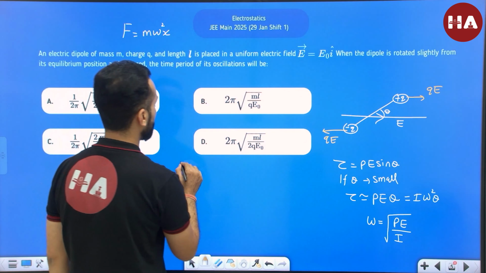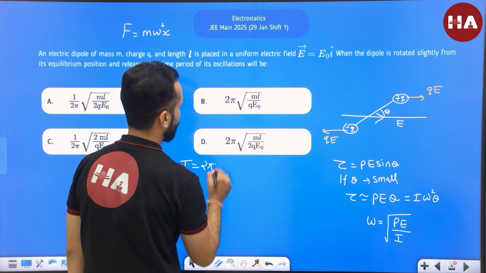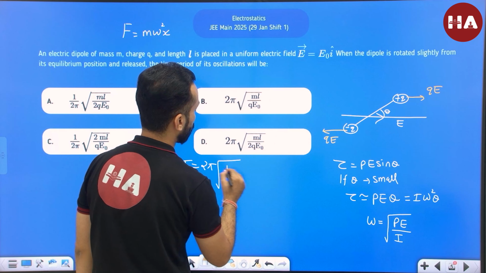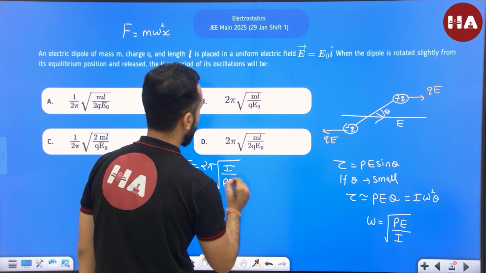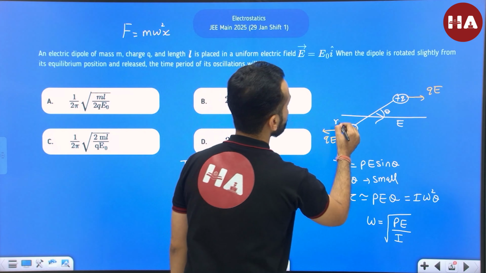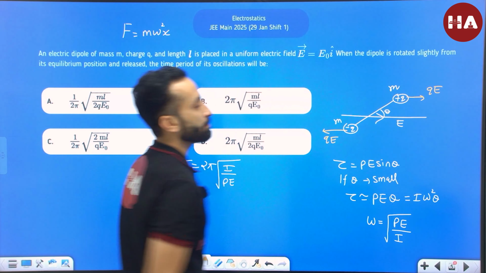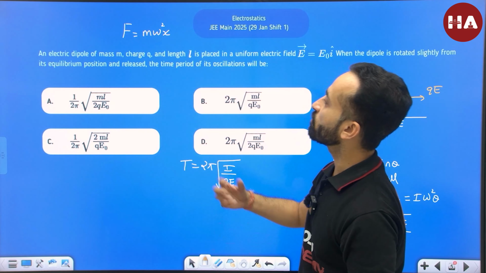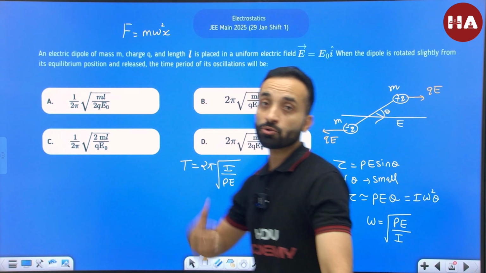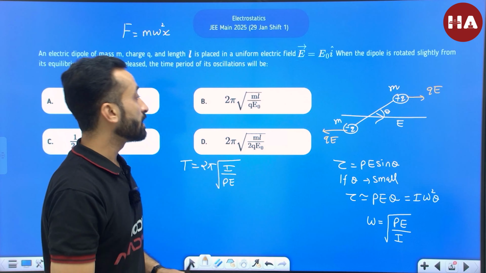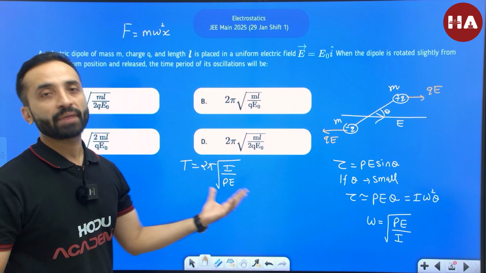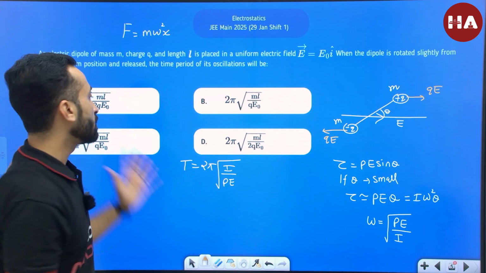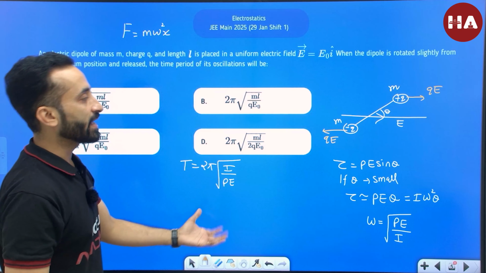So the time period is going to be 2 pi by omega, so it's going to be 2 pi root I over PE. Now what about I? So we are assuming that both the masses are m each, though it's not very clear, but they have just written an electric dipole of mass m and charge q, which could have also been meant that the combined mass is m. But if we do that, none of the options matches,